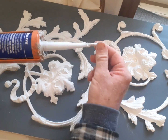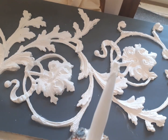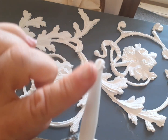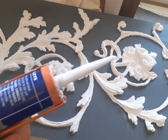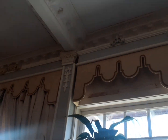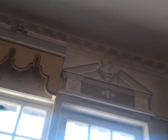Okay, first thing, take the nail out. That just keeps it from going dry on the inside. I've made good use of wet wipes. I've made this on a little angle so it works for me. And this is the same white stuff that I've used. What's it called? No More Gaps. For the ceiling. When I put the ceiling up on the roof there, all the little gaps and things were filled, and around